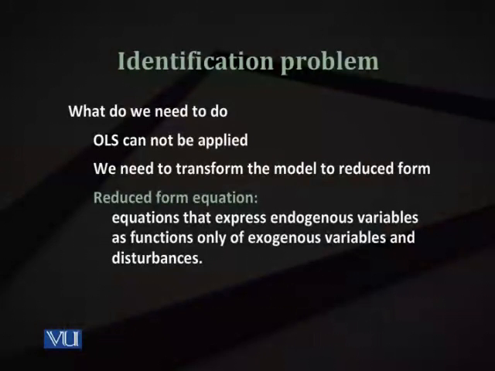So first, let me tell you what is a reduced form equation. If you remember the models that we have been discussing with two equations or three equations, you see that one variable on the left-hand side may be seen on the right-hand side of some other equation. So that is an endogenous variable normally. You have exogenous variables as well. You also know that OLS shouldn't be applied. Remember that we can apply OLS to equations where the variables on the right-hand side are all exogenous. They are determined from outside, or they are not interdependent, or you have no two-way relationship.